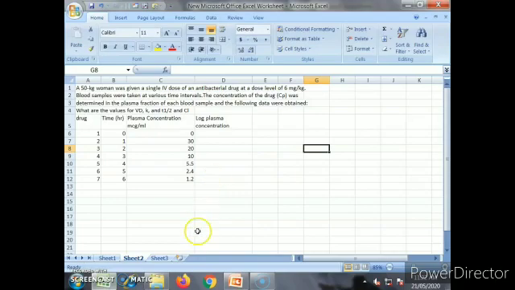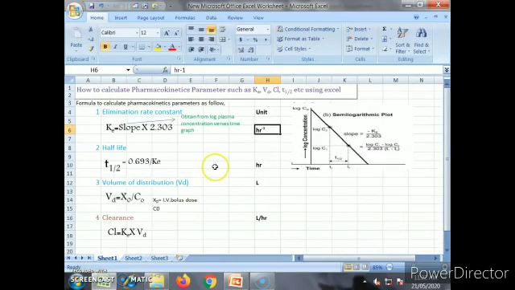Now we will see how to calculate the pharmacokinetic parameters using Excel, and different parameters such as elimination rate constant, volume of distribution, clearance and T half. Before going to this calculation, one should know the different equations and formulas to calculate these pharmacokinetic parameters. First we will see the elimination rate constant, which is calculated by Ke is equal